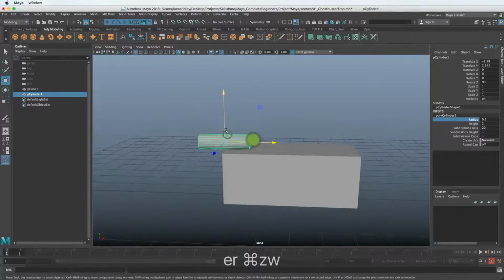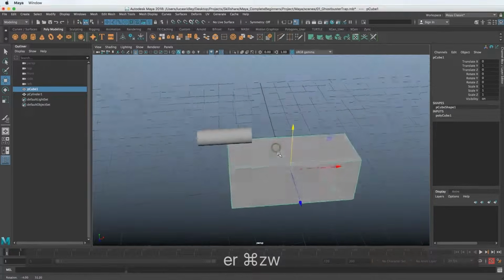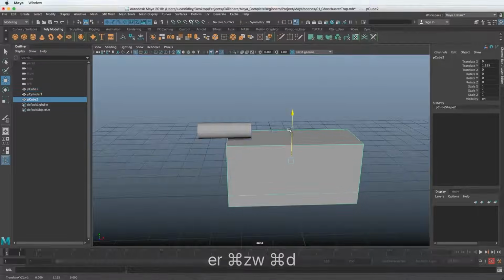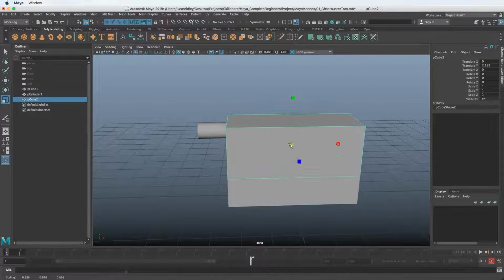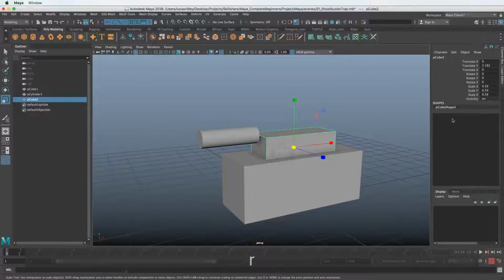And then we can make another cube a couple different ways. We could duplicate this one. We could hit Command D, and now we have another one that we can scale and do all these things to. But you can see when you duplicate, just with the shortcut, you don't have that option anymore, right? We don't have that polycube input that we had here.